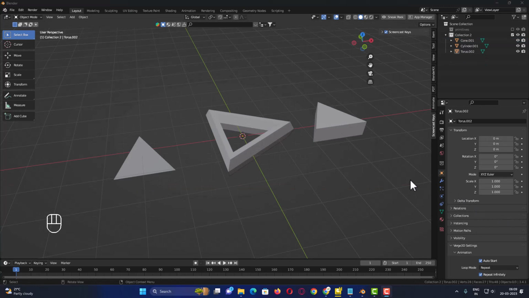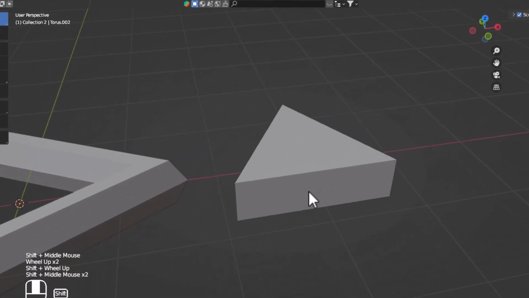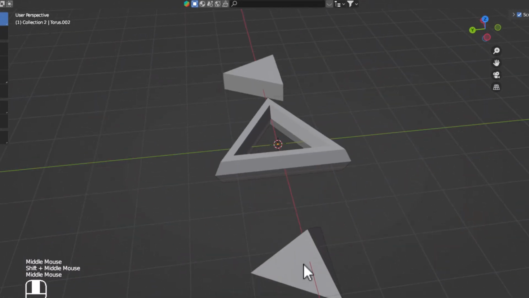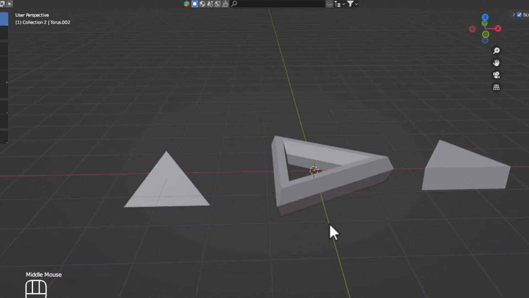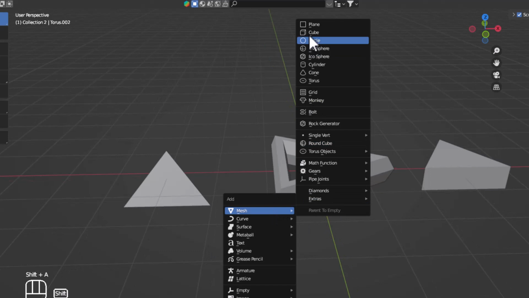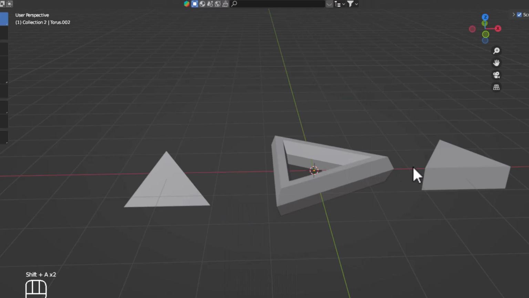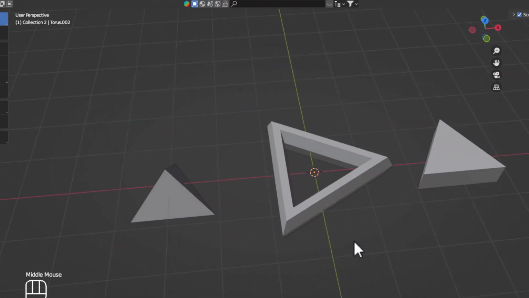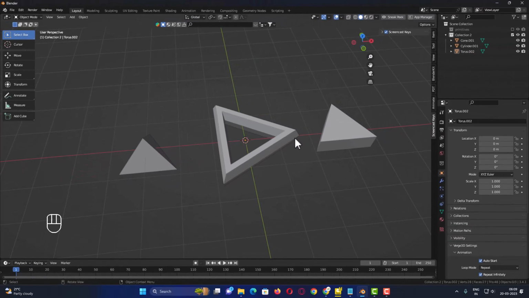Now, the other challenge that I want you to do is, you are seeing 3 objects that I have created here. You have this triangle, you have this second shape and you have this third pyramid. Remember, these 3 were created just by using the primitives here. By tweaking the values of these primitives, we have created these 3 models. Now, I want you to create these 3 models, save it and submit it as an assignment. So, in the next session, I will show you exactly how you can create this.